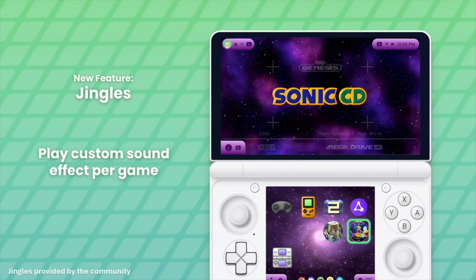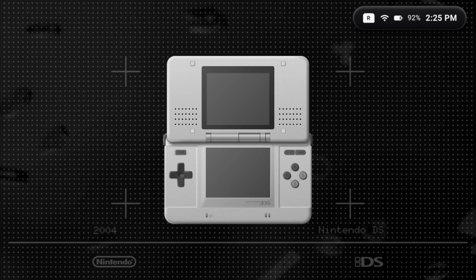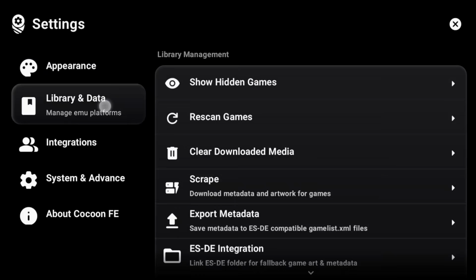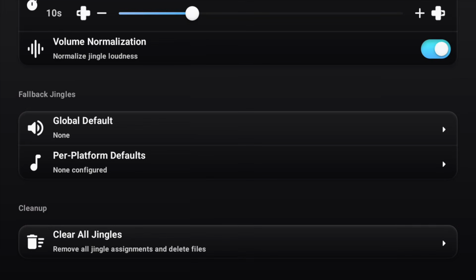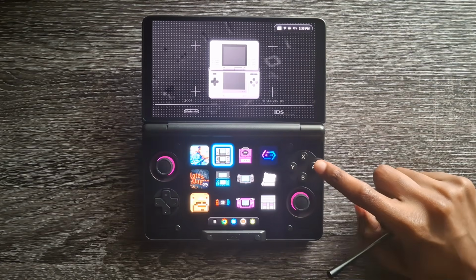And you can also add little sound effects per system. So I went and found a DS startup jingle here, click on start twice, we're going to head to the settings, go down to library and data, jingles per platform defaults here, we're going to find DS, I'm going to apply that new sound I just downloaded, and then you can exit out of that. Now that I've added that DS jingle, when you click on it,